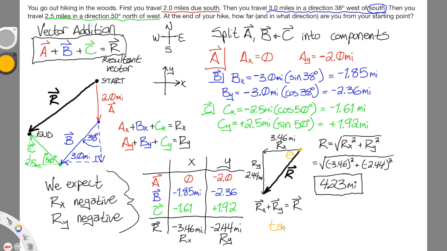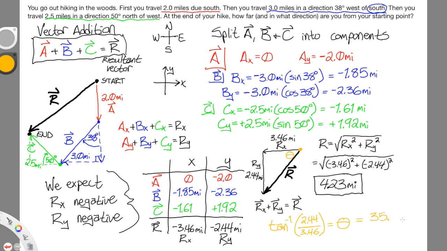Skipping a step or two in the math, the inverse tangent of opposite, 2.44 miles, divided by adjacent, 3.46 miles, will give us our angle theta,